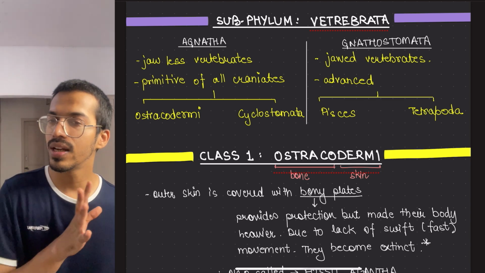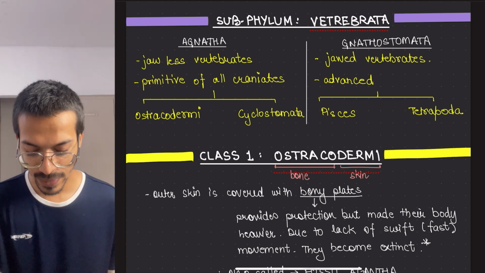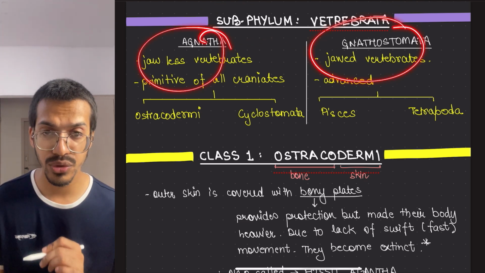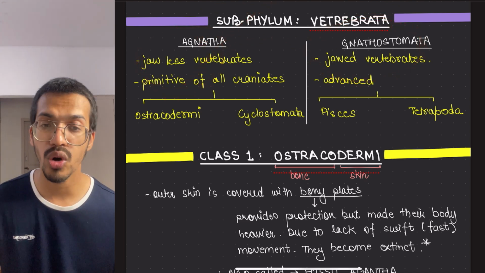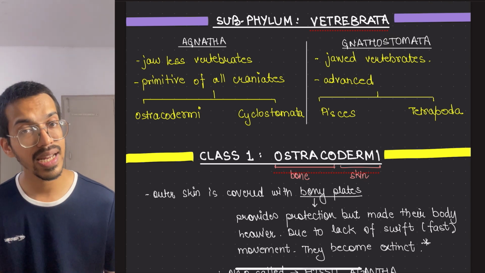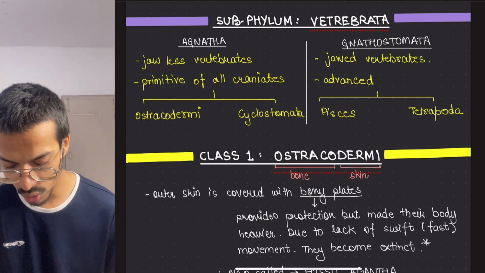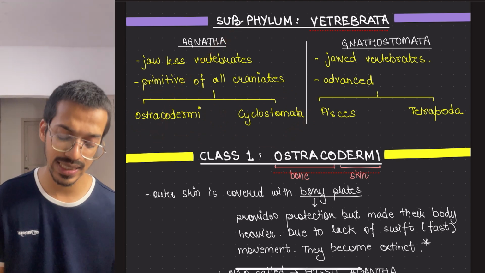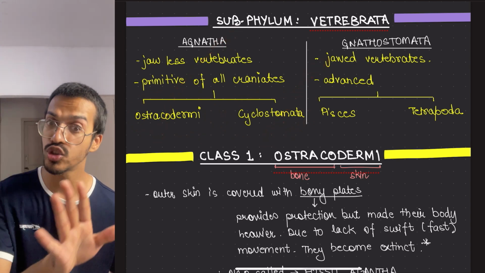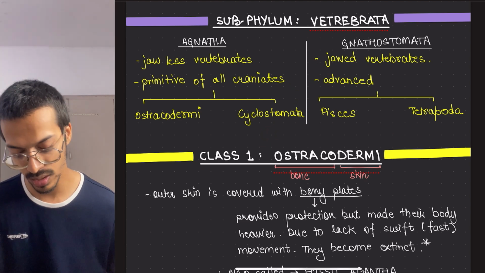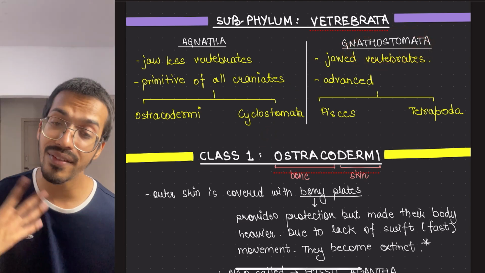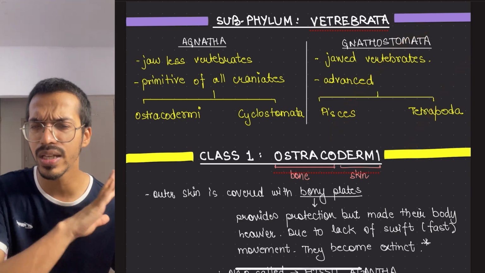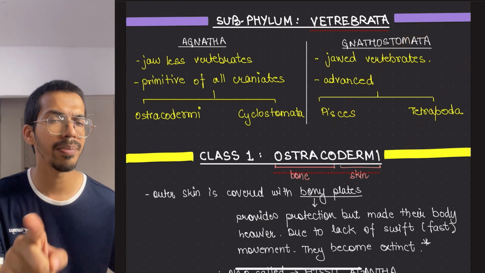Then comes the subphylum Vertebrata. In subphylum Vertebrata, we have divided into what? Agnatha and Gnathostomes. Agnatha means jaws are not present. Jaws are present in the Gnathostomes. Agnatha has Ostracodermi and cyclostomes. Ostracoderms are extinct and not in our NCERT syllabus, but cyclostomes are in the NCERT syllabus because they are still present in this world. We will study about them. Then the Gnathostomes are the advanced versions. They have two superclasses, Pisces and tetrapods. Then come the classes, which we have studied about. Go remember, write it again.